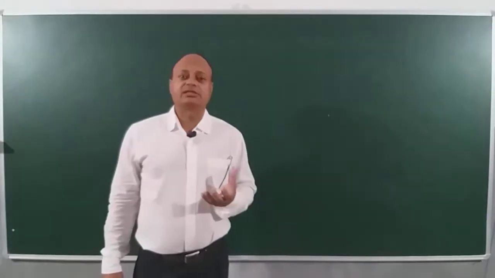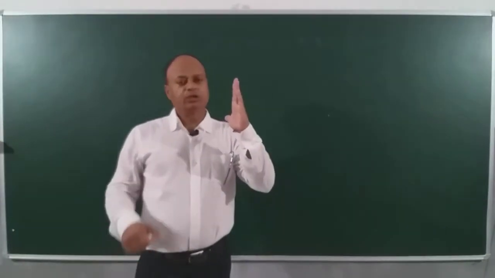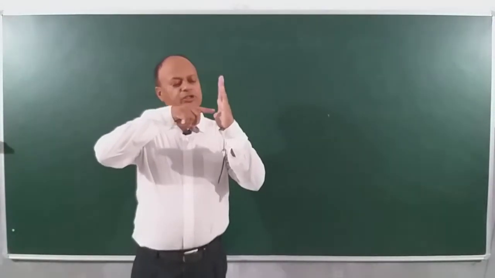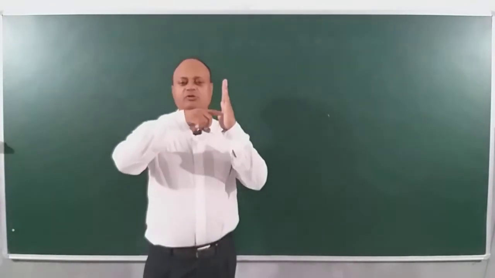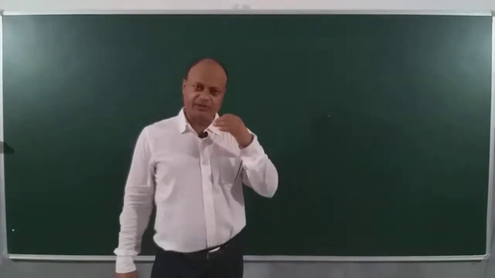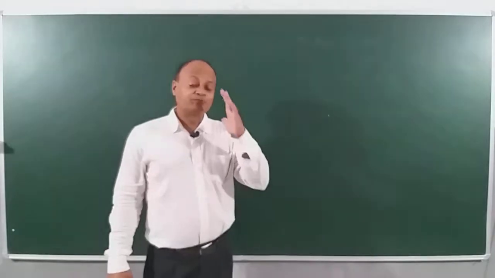Magnetic flux is, in fact, suppose this is a given surface, right? And then the magnetic field is drawn like this. Then the total number of magnetic field lines which are passing through the surface at right angle to the surface is called magnetic flux. You have already done electric flux. If you replace electric field by magnetic field, it becomes magnetic flux, right?